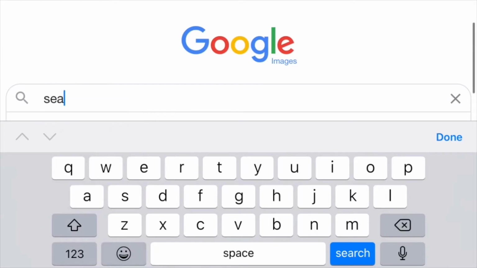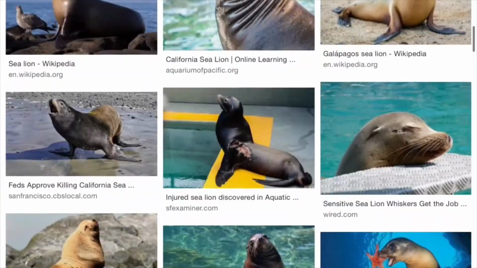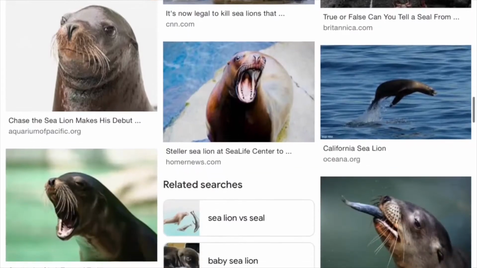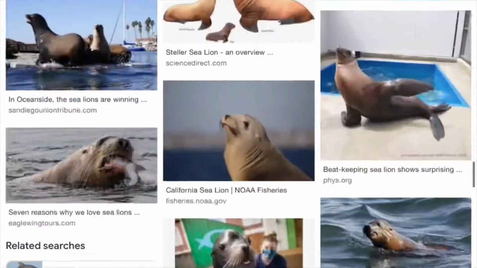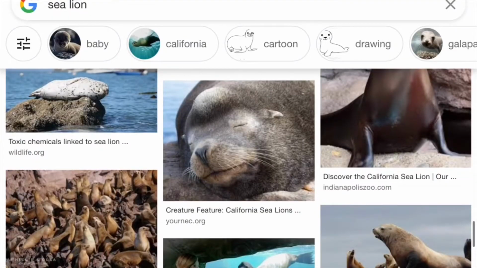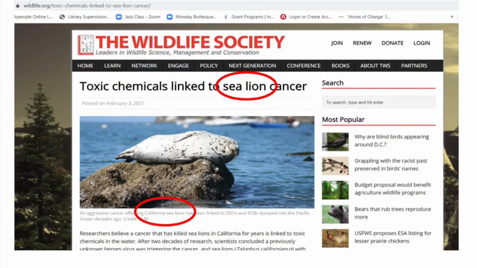Let's do an image search as an example, such as you might do when you know the basic name for an animal but you want more specific identification. We'll search sea lion. We know what a sea lion looks like from both my Seal Season segment and from Claire, one of our service learners', seal versus sea lion video. I'm actually having to scroll quite a bit to see an incorrect caption, so in this case the algorithm seems to be doing well. However, look at this picture. Is that a sea lion? This animal is gray with spots and doesn't have external ears or a neck it can raise or long front flippers, making it a harbor seal. But the article title and the caption on the picture label it a sea lion.